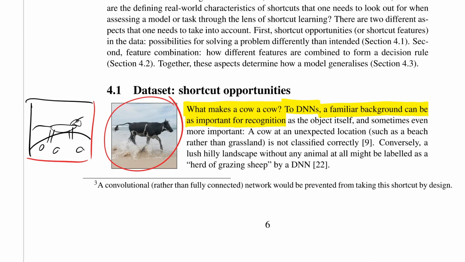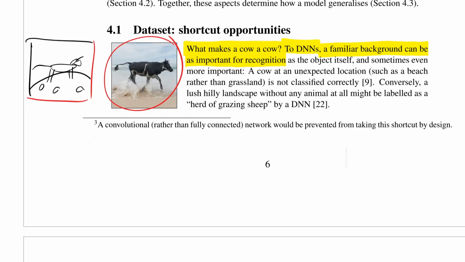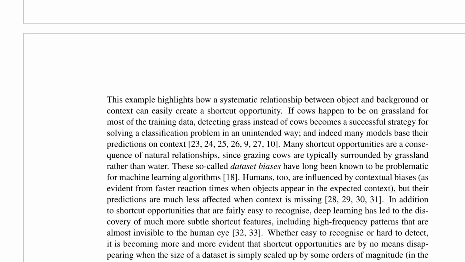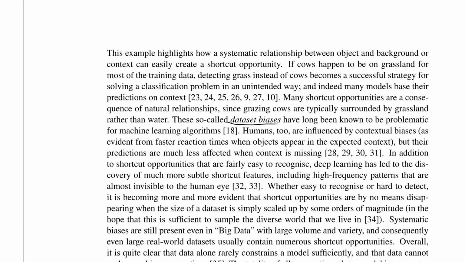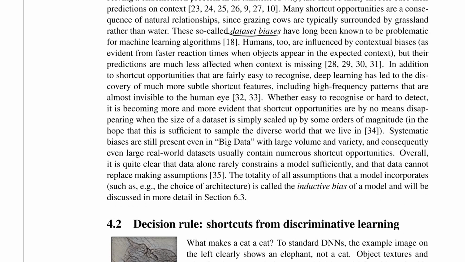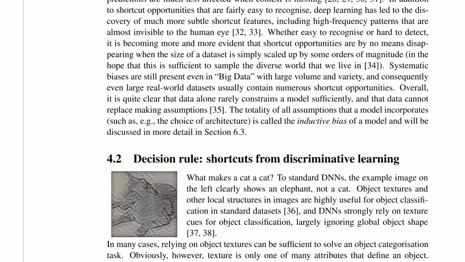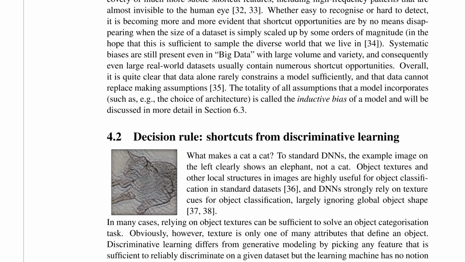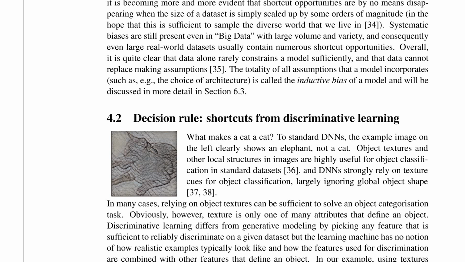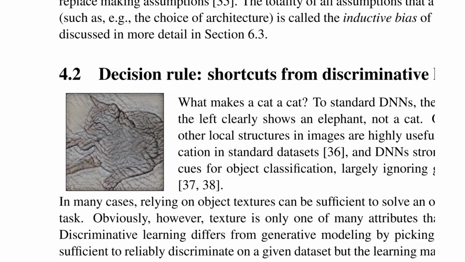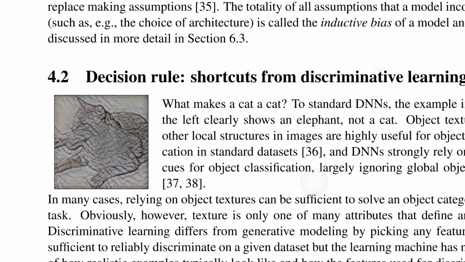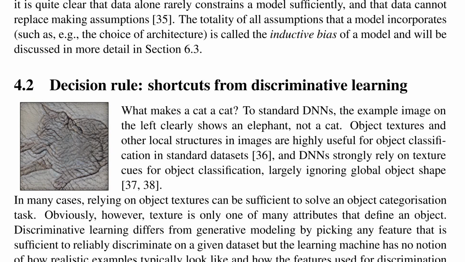So, yeah, they do actually allude to this. They call this data set biases and so on, but I'm pretty sure that the interpretation is just a bit off, where they say the point of this is, we want an object classifier, but this is not what we get. The second one I find even more strange is they say shortcuts from discriminative learning,